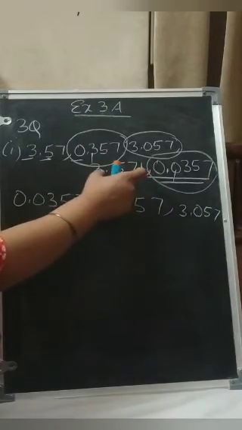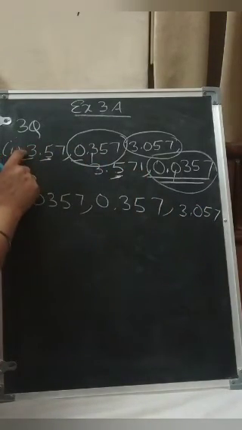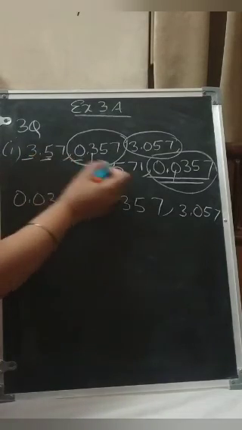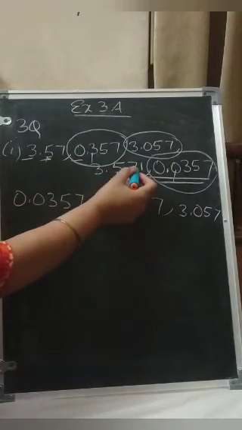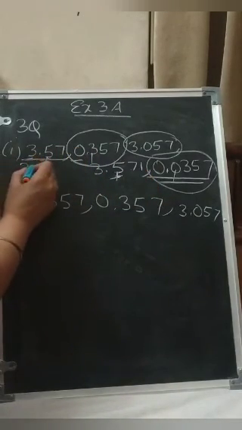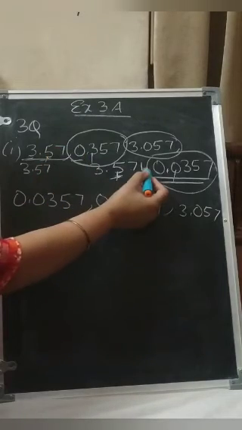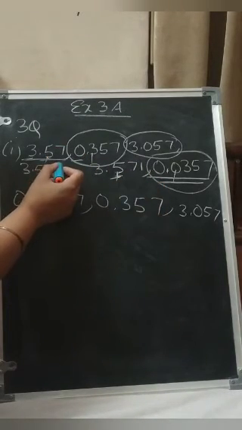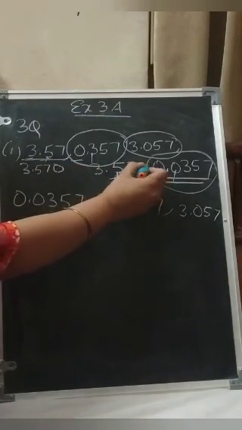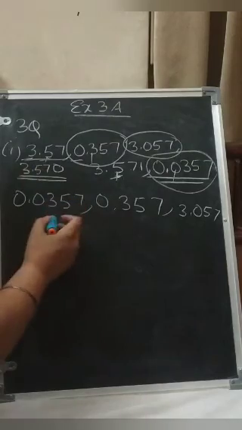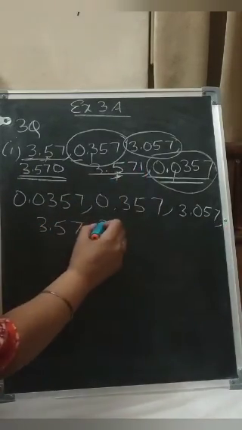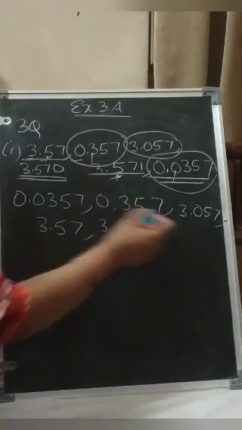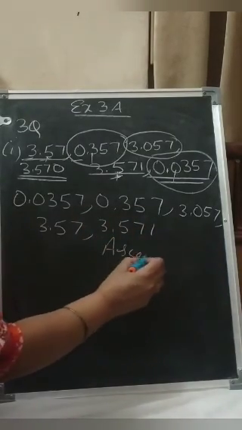Okay. Now out of these two numbers we have to see which is the smaller. It is compared with the place value. This 5 compared with this 5, then this 7 is also the same. Now you can see it is 3.57. You know here is 1, here is no digit. We can put a 0 here to compare. Here is 0, here is 1. So which number is smaller? This. So now it will come. Afterwards, last is our this number. So this is our answer in ascending order.